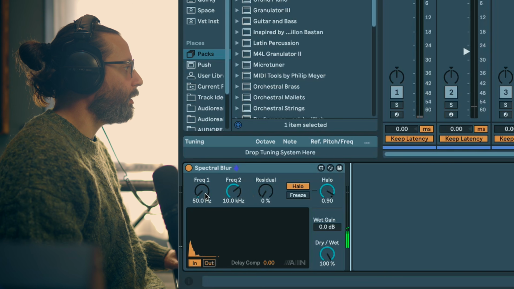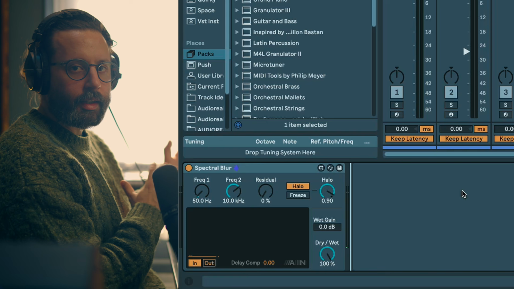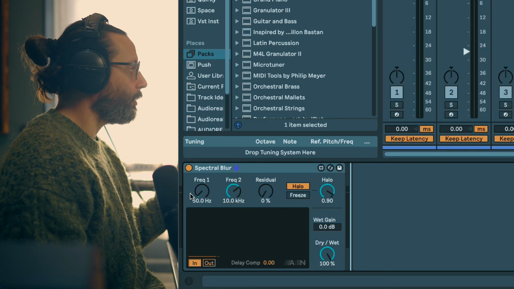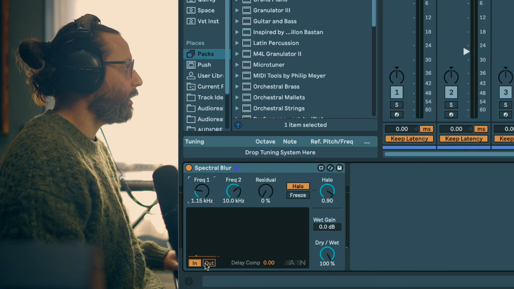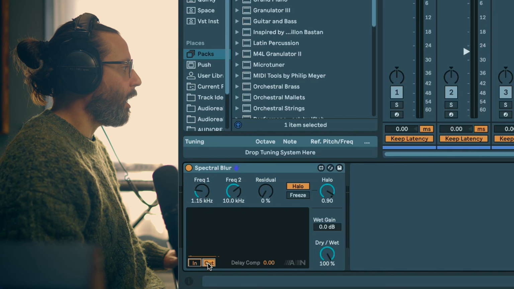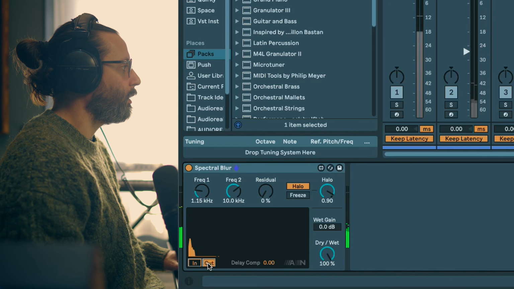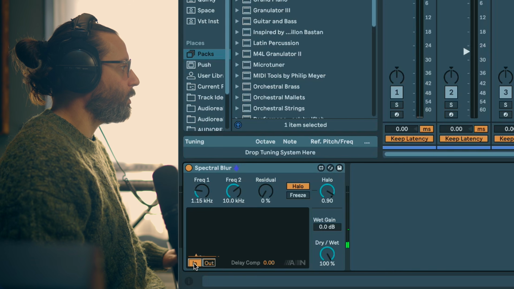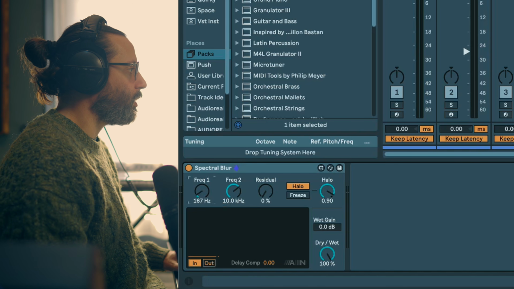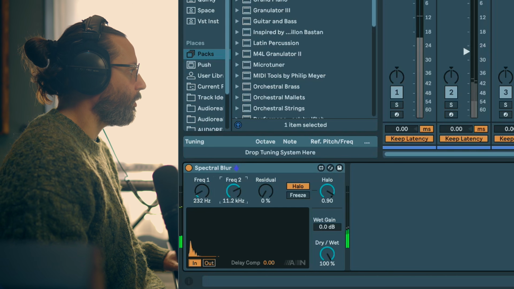You have two frequencies. Basically, you define the signal that is blurred with these two filters. So for example, here it will be between 1 kilohertz and 10 kilohertz, but you can also select it to be outside of that range with the out toggle button here. Let's go back to in. So this, you don't need to go crazy. Sometimes I just leave it at almost